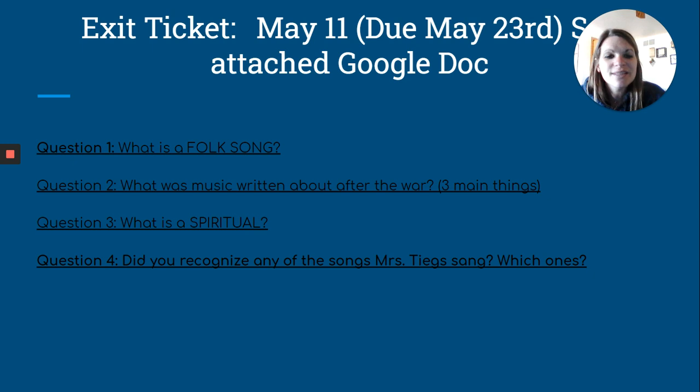Make sure you take some time, get this exit ticket done. Like I said, a reminder, if you have some that are missing, you can go back, you can answer them. Make sure you actually click submit. If you're not clicking submit, I have no way of knowing that your assignment is done. If you have questions, let me know.